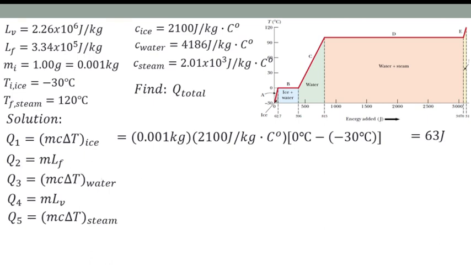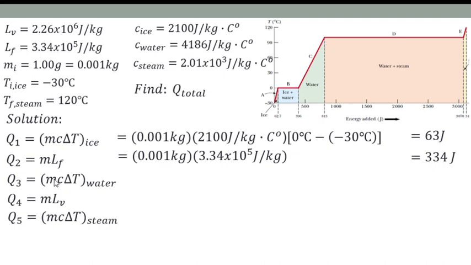Let's proceed with Q sub 2, which is the amount of heat needed for our ice to melt. So that is the mass of our ice times the latent heat of fusion. So 0.001 kilogram times the value of L sub F for our ice. And this will give us 334 joules. For Q sub 3, this is the amount of heat to increase the temperature of the melted ice, which is already water, from 0 degrees Celsius